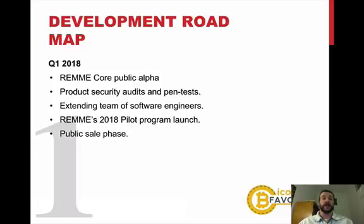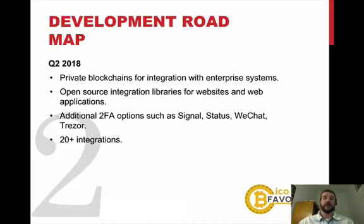Product security audits and pen tests will be executed, extending the team of software engineers because they're ramping up their project. REMME 2018 pilot program launch and public sale phase that we're going to talk about a little bit later. In the second quarter of 2018: private blockchains for integration with enterprise systems, open source integration libraries for websites and web applications, additional two-phase authentication options such as Signal, Status, WeChat, and Trezor, and 20+